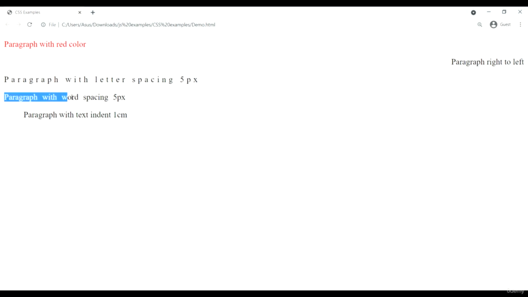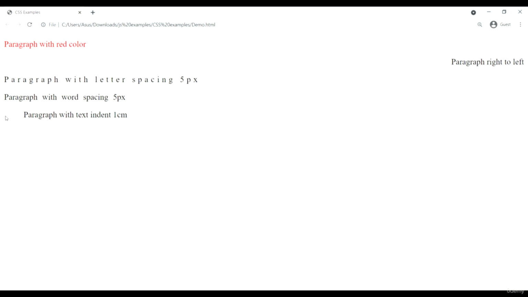While here, you can see there is some abnormal space. Here there is less space between the words, but here it is more because I have passed 5 pixel space. And finally, this one is the indent, where I pass a 1 centimeter indent from the left side. As I said, it has a gap of 1 centimeter from the left corner, and then